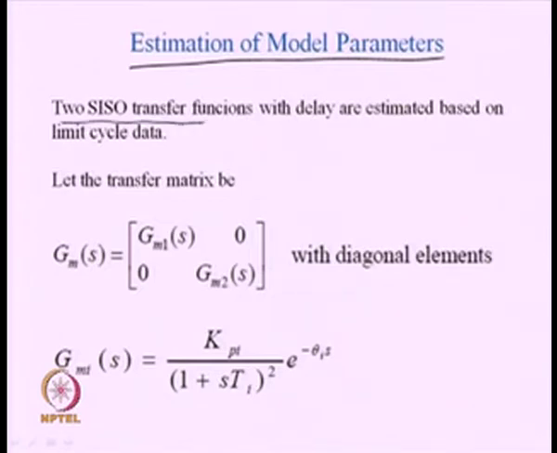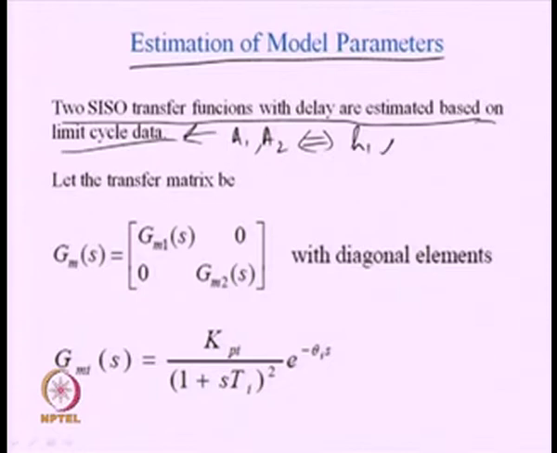So, two SISO transfer functions with delay are estimated based on the limit cycle data. What do we mean by the limit cycle data? We measure A1 and A2, of course, with the help of the relay settings of H1 and H2. Now, let the transfer matrix that is to be estimated be given by GM(s). The subscript M stands for model. The transfer function model matrix GM(s) is equal to diag(GM1(s), GM2(s)) with diagonal elements